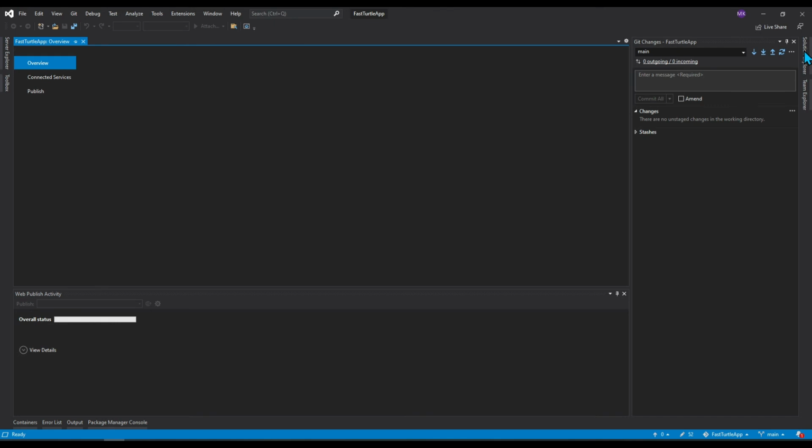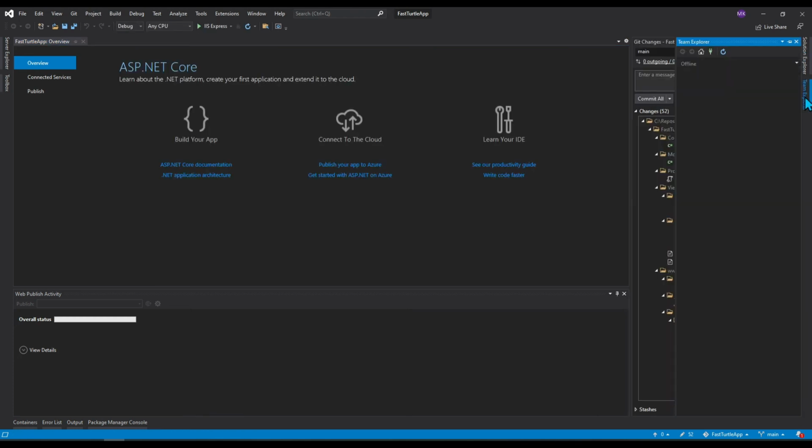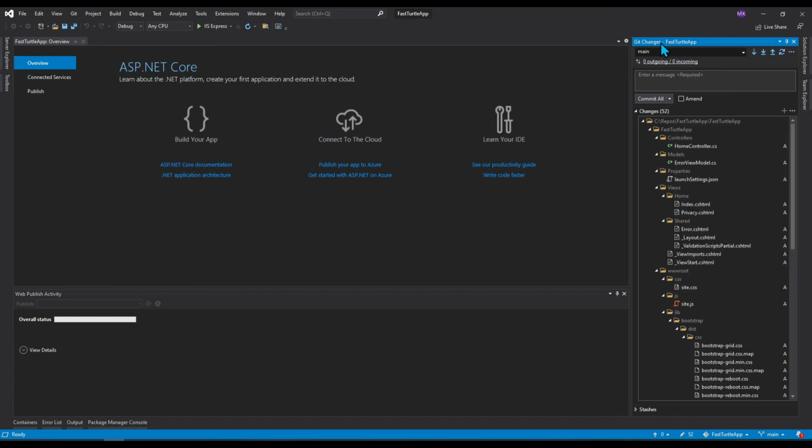And now let us push this code to the main branch so that it is available in our Azure Git repo. When you go to Team Explorer, you will find Git changes. If you are not getting the Git changes window, then just click on that. Now I'm here and I can see that lots of other files have been added by this project.